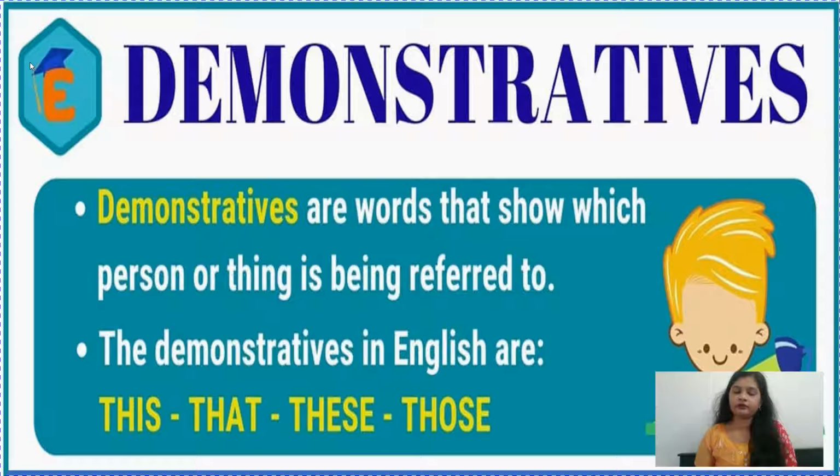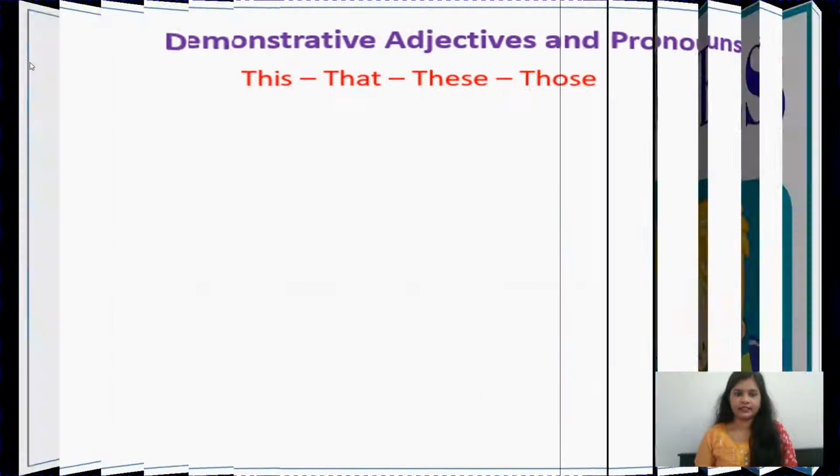Fine. So there are certain words, children, which we use in demonstrative adjectives and pronouns. For example, this, that, these, those, and there is one more word, such. Such men are kind. Fine, all children. So such is also a demonstrative word. So children, like you can see here, this, that, these, and those. In class 1 or 2, you already have learned that this is the singular form of these, and that is the singular form of those. And you know what is the meaning of this and these? The things which are near to you, and that and those, the things which are far from you. So let's start.